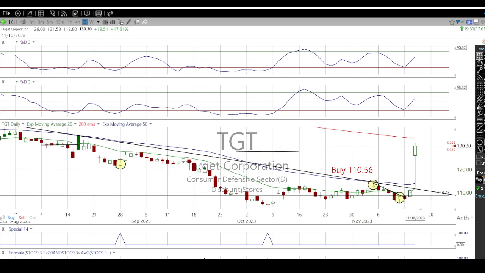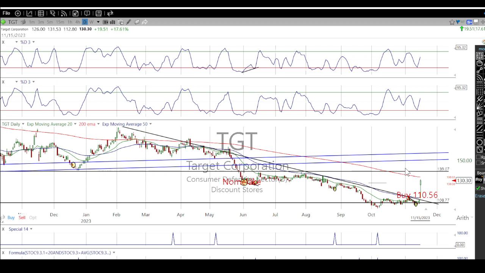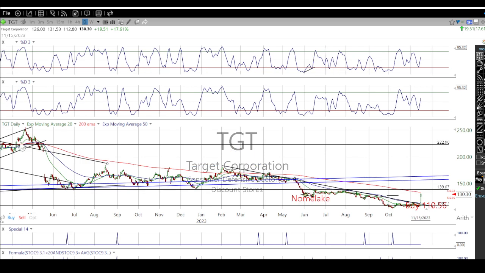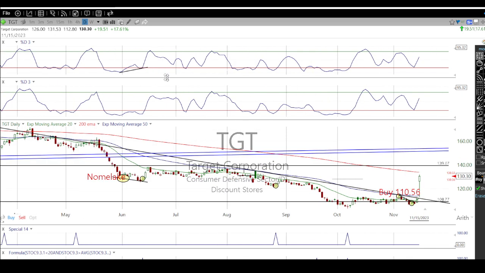So let's see, if we look at the alerts here, I sold my Target at 125. It did go up another 5 points, but I also got in at 110, so 15 points, you'll take that any day. So we made, just on 70 shares, over $1,000 on that trade, and I'm out of it. But looking back at Target here and seeing where it came from, I expect it to actually go a little bit higher.